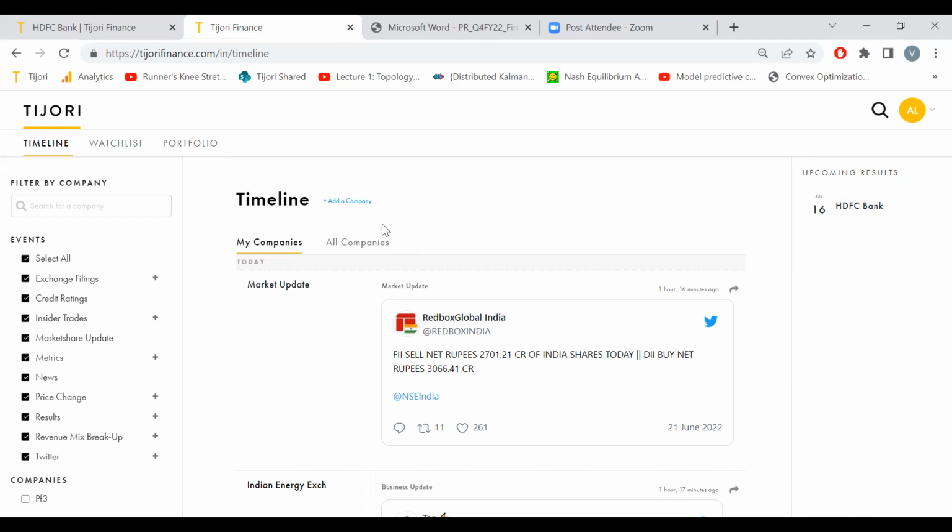Yeah, for sure. So for XIRR, you'll need to give me your historical transactions. For that, you'll have to download one. That's a little more hard work you'll have to do. You have to download your trade book and drag and drop it into Tijori. But to just see the first level analysis, I would suggest first connect your broker, understand what's there, and then go to IRR and stuff like that.